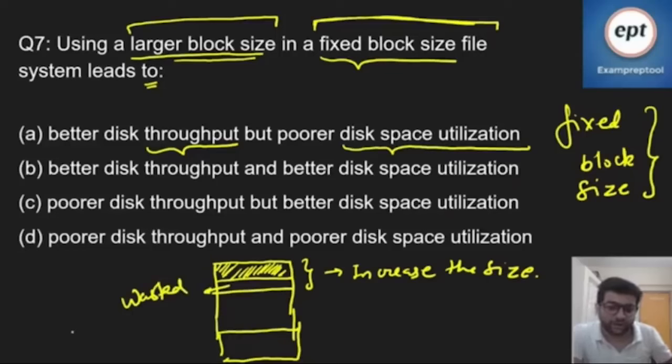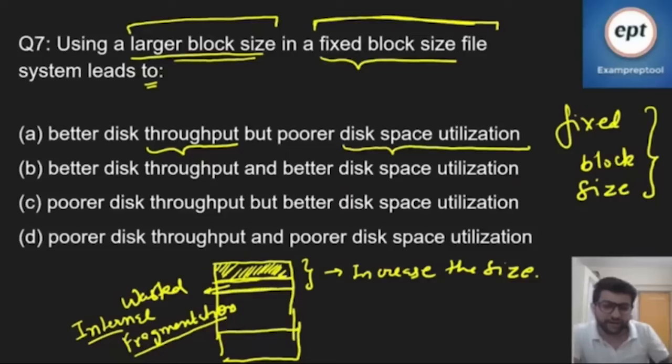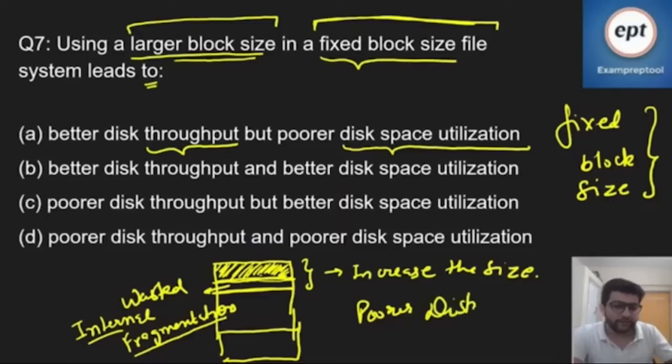It will lead to internal fragmentation, right? If you have revised, then you will know what internal fragmentation is. Internal fragmentation is the space which is wasted because a smaller part of a block was used to store a smaller file, right? So hence it will lead to poorer disk space utilization,